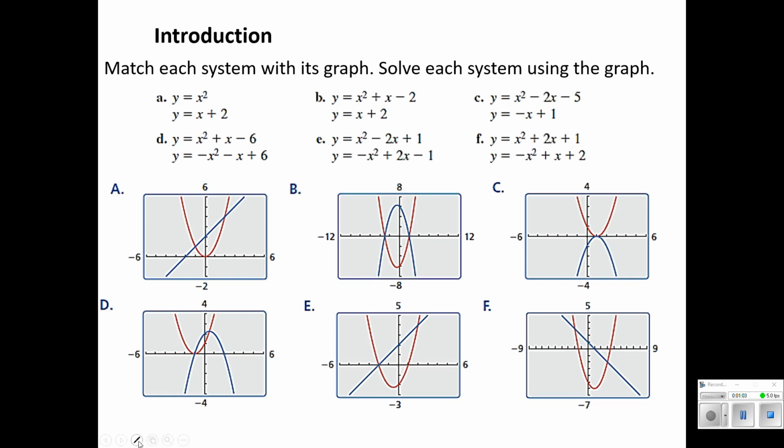All right, we're back. Let's take a look. Okay, so letter A, we've got y equals x squared as one of our functions, and y equals x plus 2. Instantly, we should pair that set of equations with capital A here, this graph. And it's pretty easy to spot because y equals x squared, that's our basic parent function parabola, and that red graph in capital A here is the only one that shows that. Now our solutions are going to be where those graphs intersect. So here we've got the point -1, 1 and the point 2, 4.